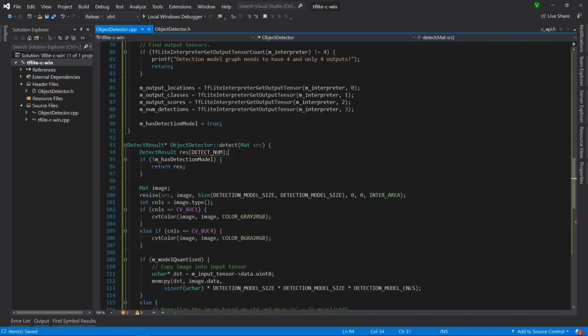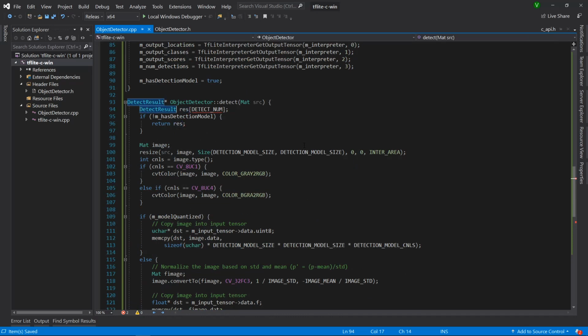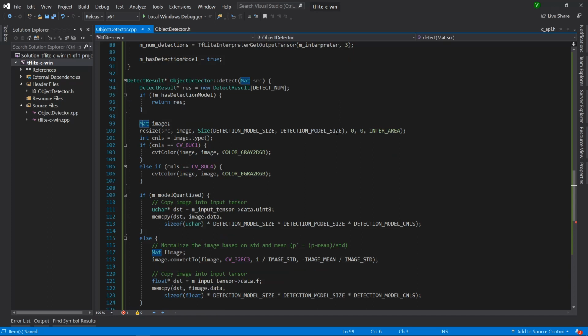The next thing is running the actual detection. Here I know that I have a bug in the code in my repository. So the result should be an array like so. Okay, so we define the array, and then we take the input image, we resize the input image